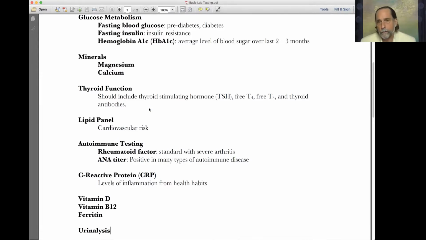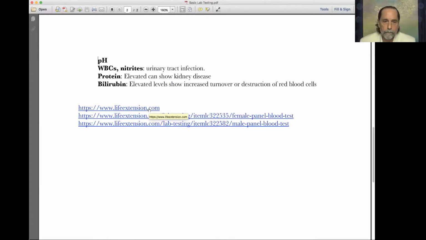These are standard things. Urinalysis, if there's something specific going on in the urinary system, is going to show you the pH and if there's urinary tract infection or kidney disease, liver problems. And so here are the places, the place and the 2 main labs that I send people to